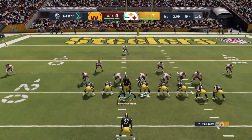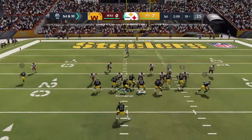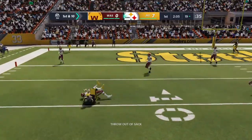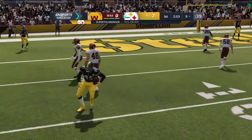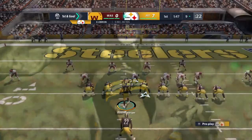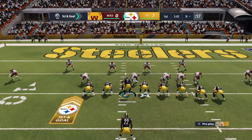First and 10, and they've got 3 tight ends out there. A jumbo package look. From the red zone now, they'll look to throw. Ebron caught left side. And the Steelers are going to be set up with a first and goal here as the tackle made at the 9. 10 more there and another first down. At the 9-yard